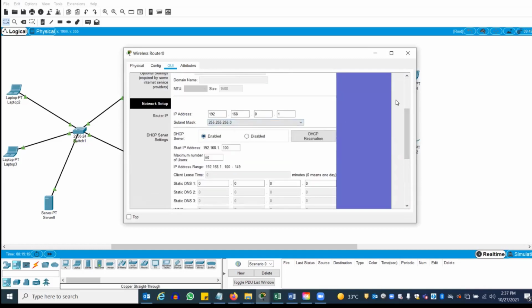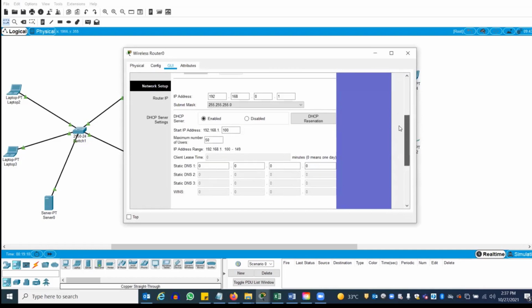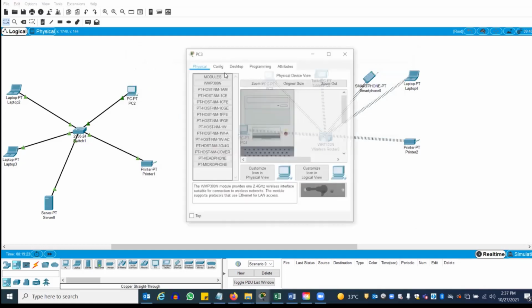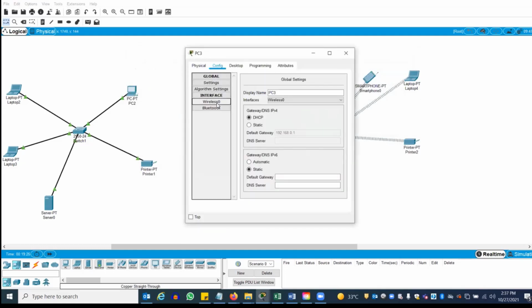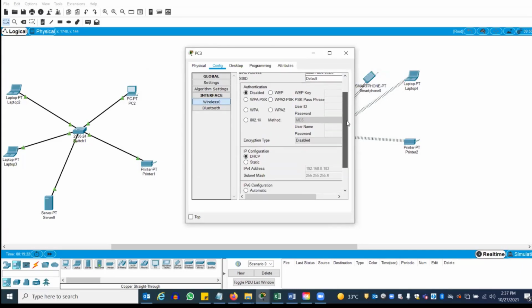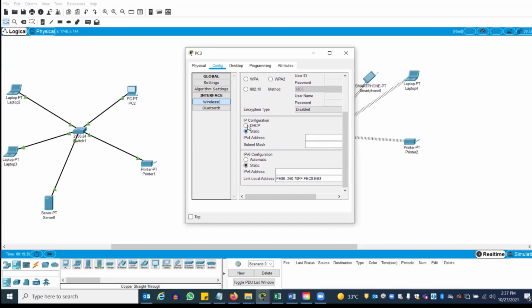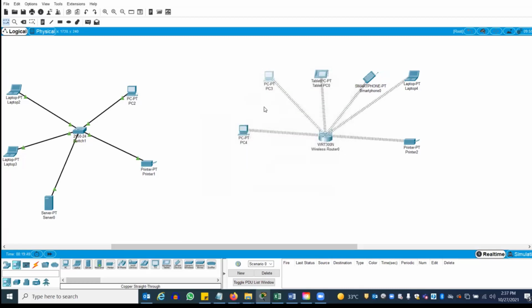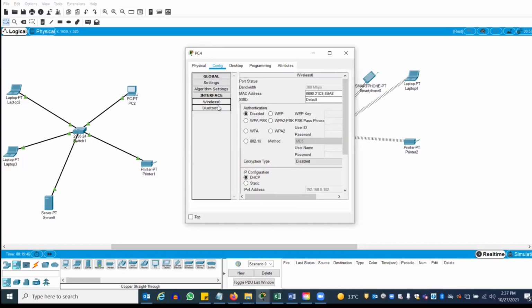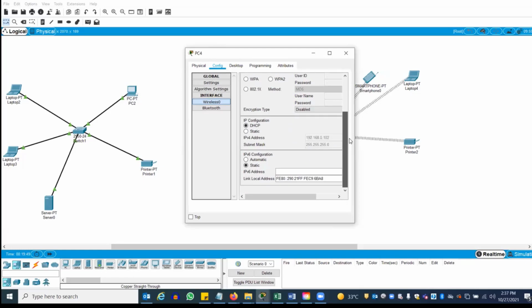Okay, enable. For example, if you are not getting an IP address, this is not getting saved. So what you have to do is go to config, go to wireless. If it is static, then make it DHCP again. It will come. This is how you troubleshoot. If it is not working, just go here to wireless. You'll get it like this.